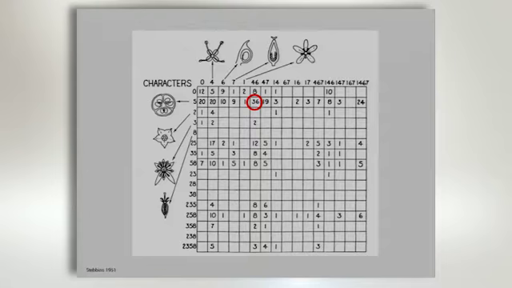So he looked at these combinations of characters that were highly distributed and argued that they were very common because they are adaptive. But there's another possible explanation: that these particular combinations of characters could be common because lineages that possess them diversify at a greater rate or go extinct at a much lower rate.